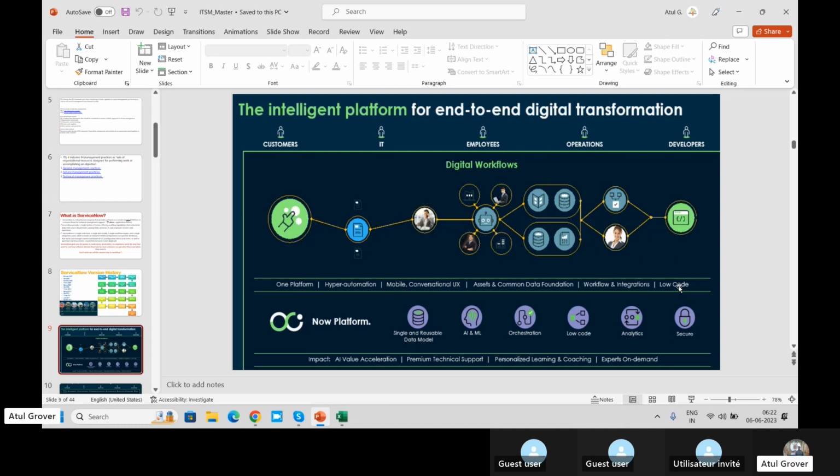Why am I putting emphasis on this? Because when you say low code, you will be surprised when I tell you these things. Let's say I want to create a report, but I need to create it via script. But Farah knows that Atul is not a developer. It means I cannot write code. Then what to do? So they bring in artificial intelligence.